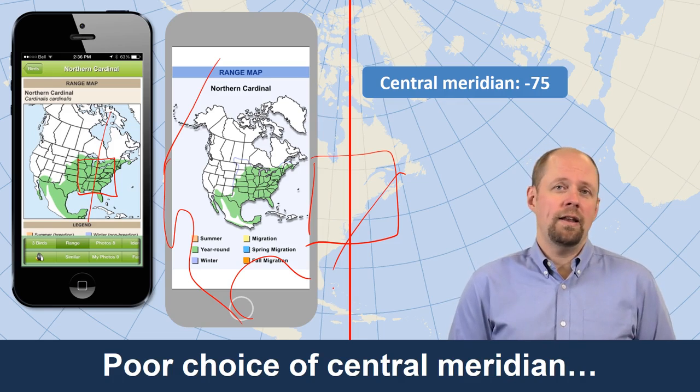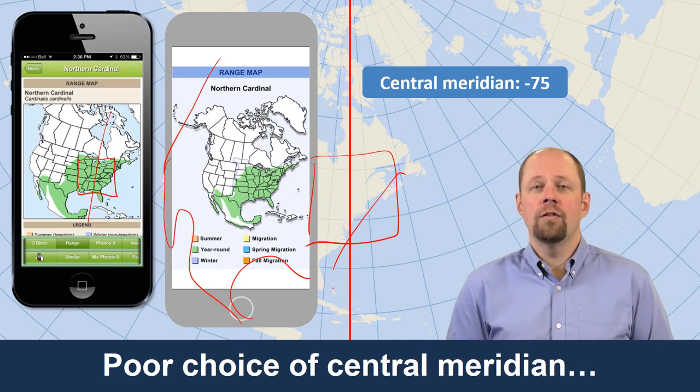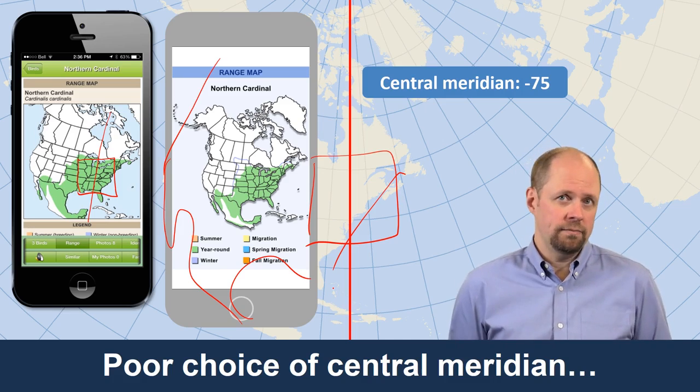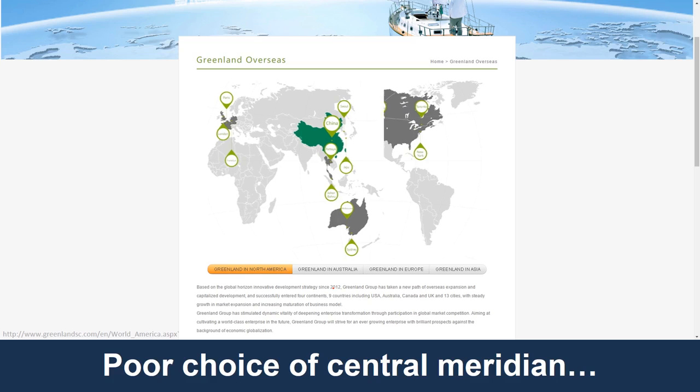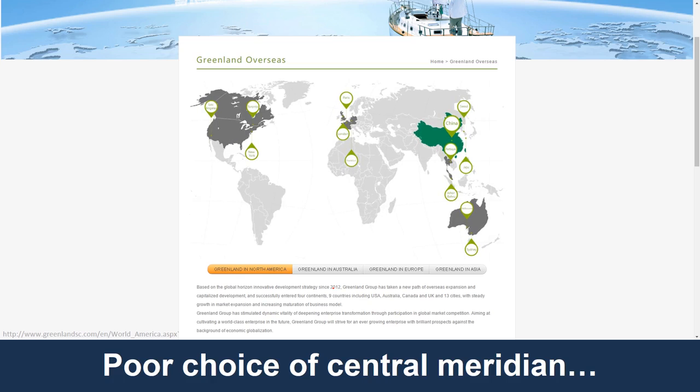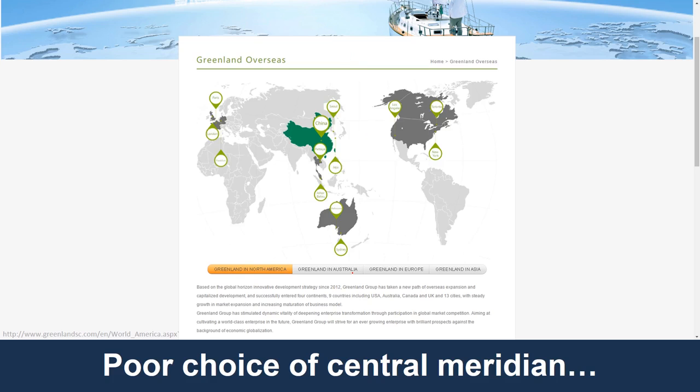But on the bright side, it's a great way of illustrating a good versus a bad choice of central meridian. This is an example that one of my students sent to me. I think what's happened here is that this company wanted to show their range of operations around the world. It's a company based out of China, and I think they took a typical conventional map of the world where the central meridian would be at the prime meridian, and then they just switched it around, so they cut it in half,